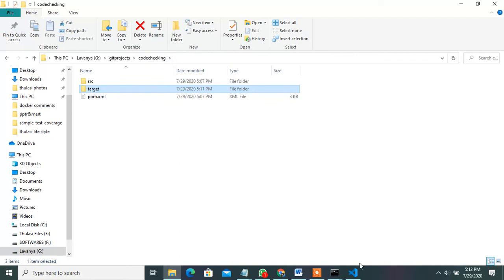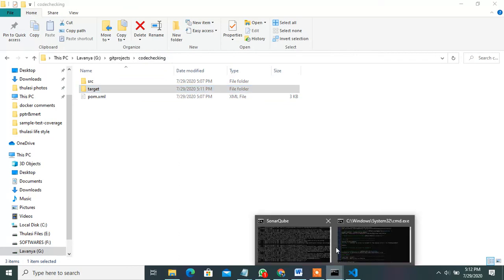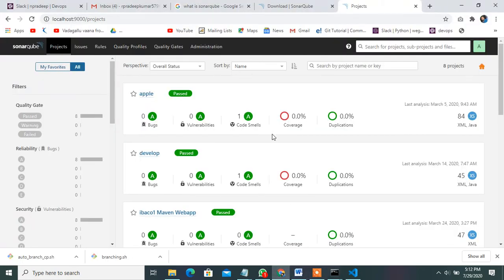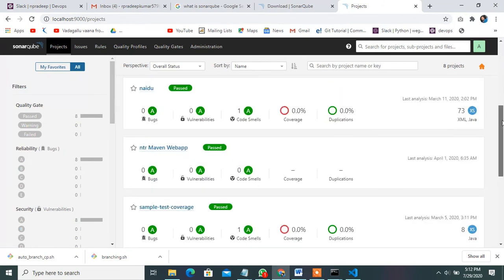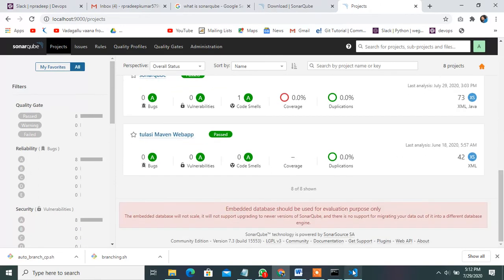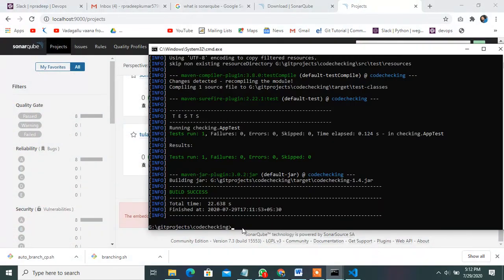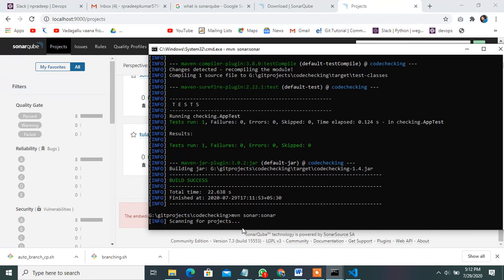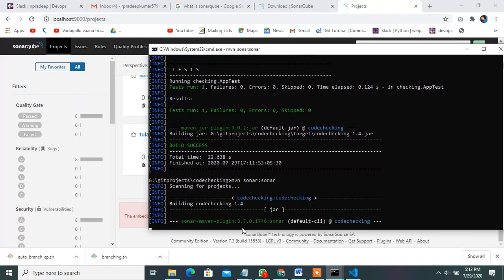Okay, then go to my command prompt. In this case, once you deploy, this is how to integrate with the SonarQube server and check my project. See, one simple command: mvn. This command is very important: mvn sonar:sonar. Once you run it, the build will definitely be a success. Then it integrates with your SonarQube server.